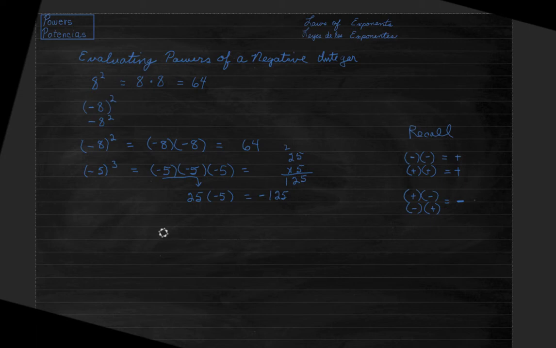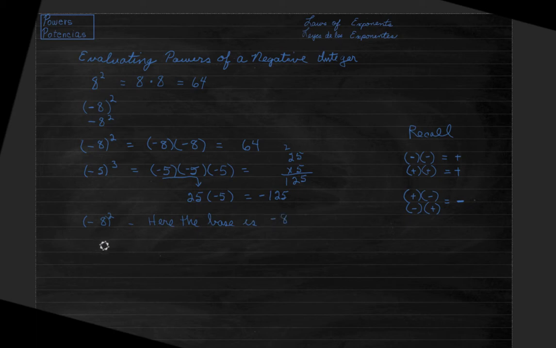Okay. Now I want to explain to you why it's necessary to put parentheses. When you write a negative 8 with a little 2 on top, you are saying that the negative is not the 8, but the 8 raised to the second power. It is important to put parentheses to clarify the base. Clarifying the base means that what you want the base to be is a negative 8. So here the base is a negative 8. Here the base is negative 8.